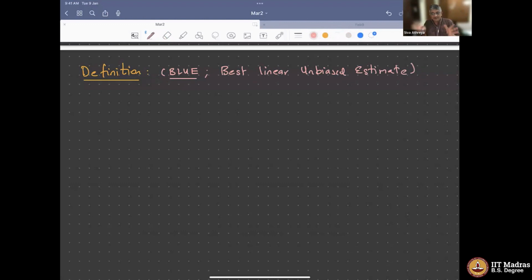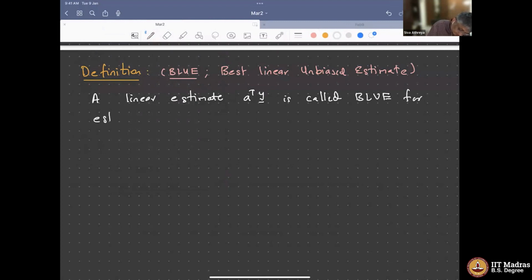I'll give a criterion and we'll work with it. So let's say a linear estimate, which means it's just a function of Y. So A transpose Y is called the best linear unbiased estimator